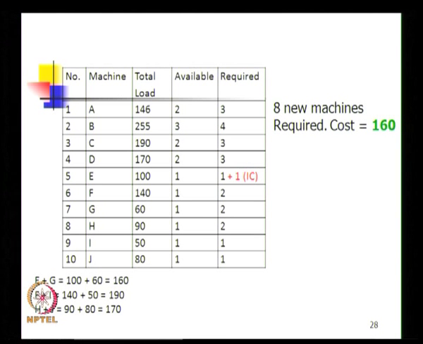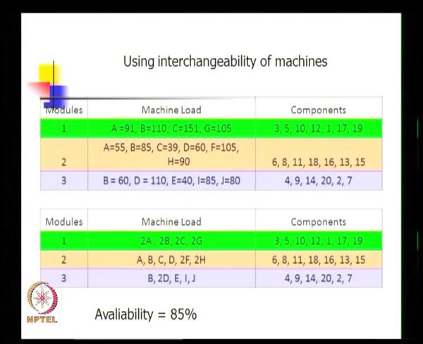One solution where we did not consider or create any intercell move, and we ended up saying that we would require 8 new machines when the existing machines are divided into 3 cells. This was the final solution with 3 cells, with machines A, B, C and G in cell number 1, A, B, C, D, F, H in cell number 2, B, D, E, I, J in cell number 3, making the